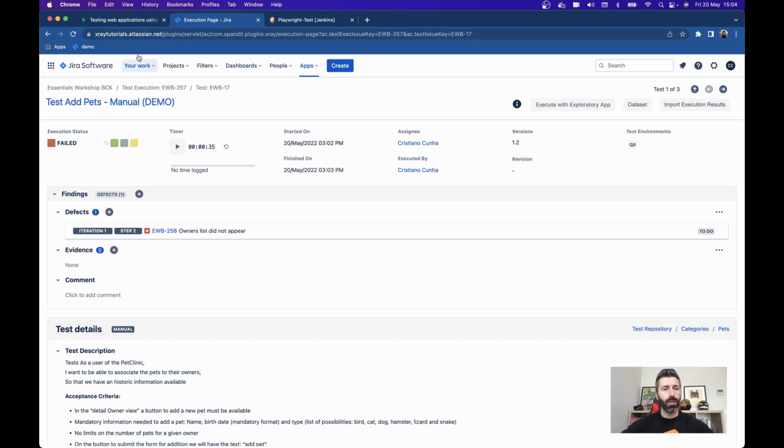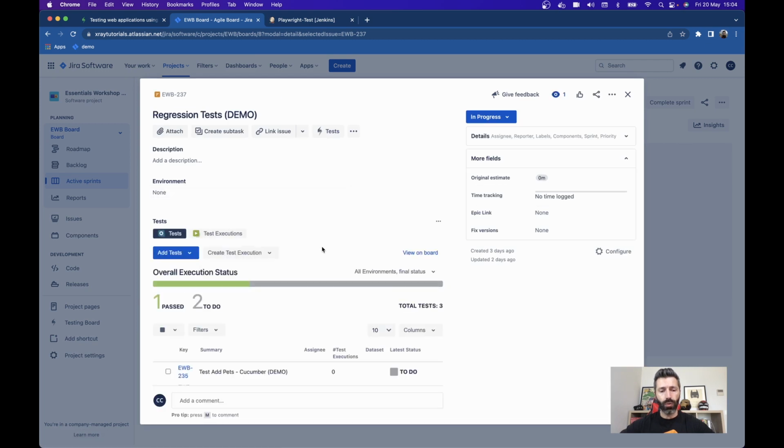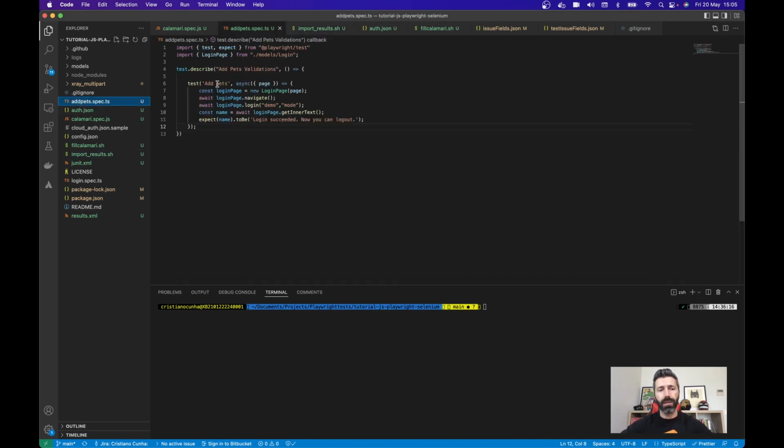The other thing we can do is actually, let me get back to my workspace and check here on the test plan and see how I can execute an automated test. The automated test here can be executed from your machine, from your CI/CD tool. So it doesn't matter really how you do that, as long as you ingest the results back. So for me, I'm going to use my IDE, and in here I have added one simple test that is adding pets, and I'm going to just execute it,